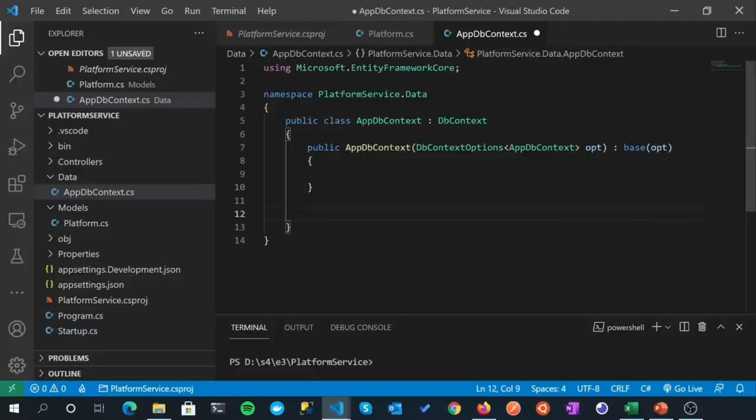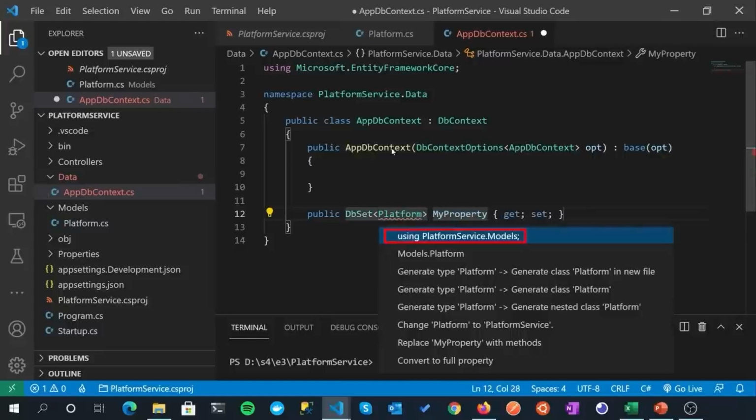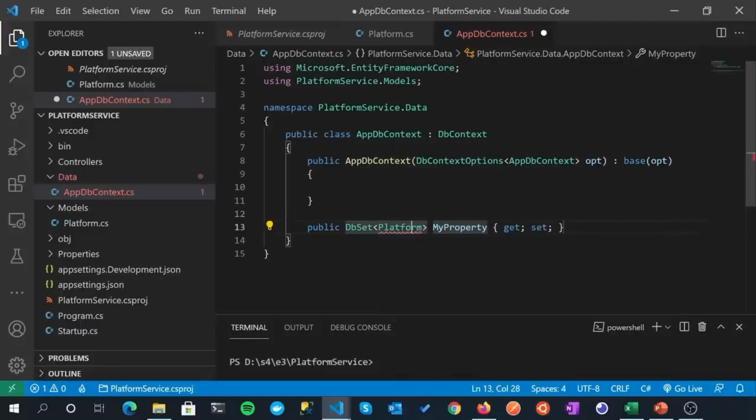And then most important, well, it's as important, we need to define a database set, a DbSet, which relates to our model. So that's really what's telling our DbContext to mediate or mirror our internal model down to the database. So we just specify a property, prop tab. This time it's of type DbSet, and the type of DbSet is Platform. And it'll complain, so Control period, bring in the namespace for our models. And we just want to call that Platforms, plural, okay? So that's our DbContext class set up.